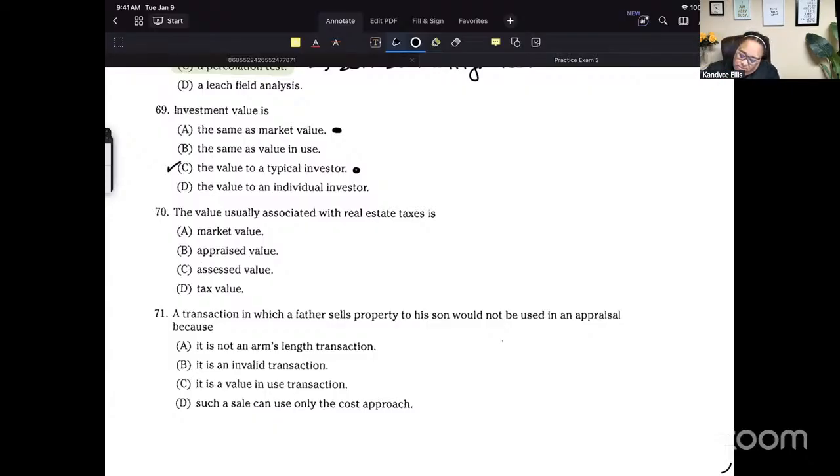Hey, Candace, great question. This is a nice little terminology puzzle. So, investment value is actually a specific term, and it's not exactly the same as market value or value in use. When you see investment value on a test, it's generally talking about the value of a property or an asset, specifically to a particular investor based on their own investment criteria, goals, and situation. In other words, it's more personalized. It's not necessarily what the open market would say the property is worth, and it's not just the value of how the property is used in a general sense. Instead, it's the worth to that one individual or that specific investor based on their unique financial goals. So if the test asks, that's your angle.